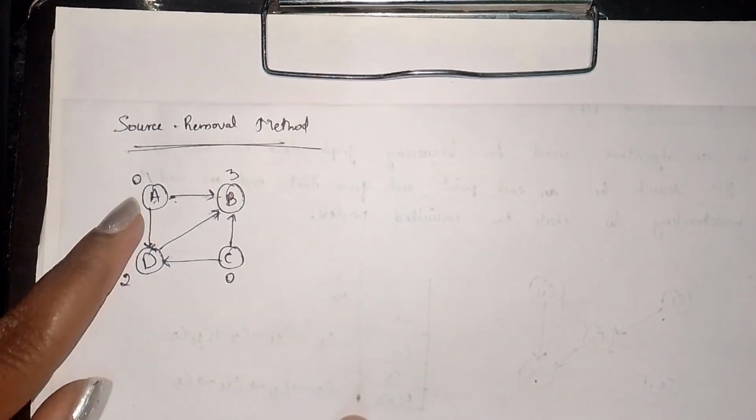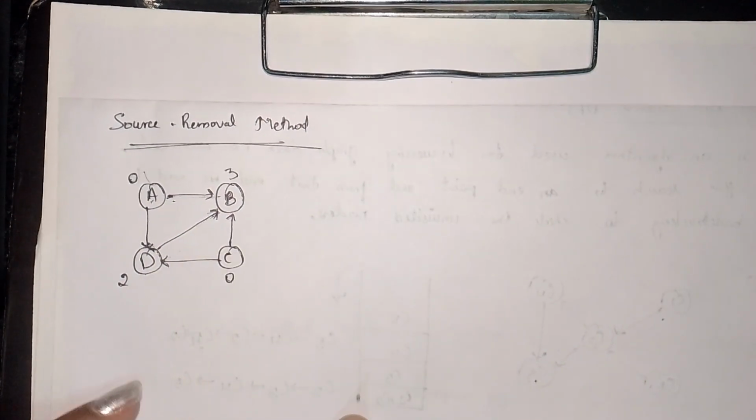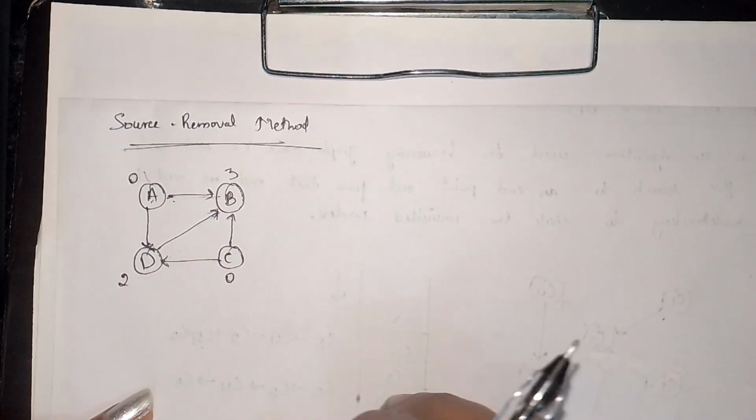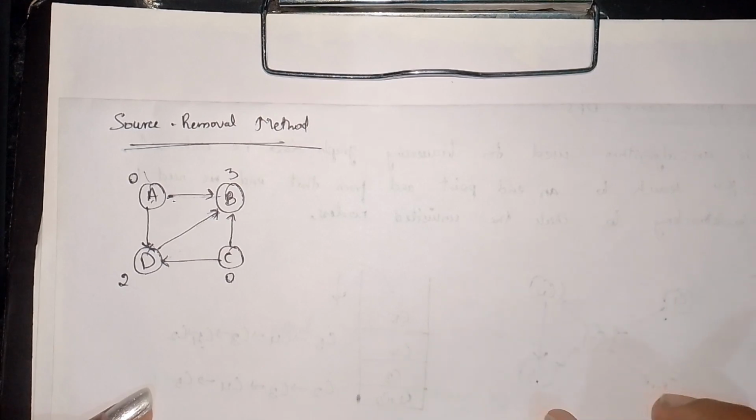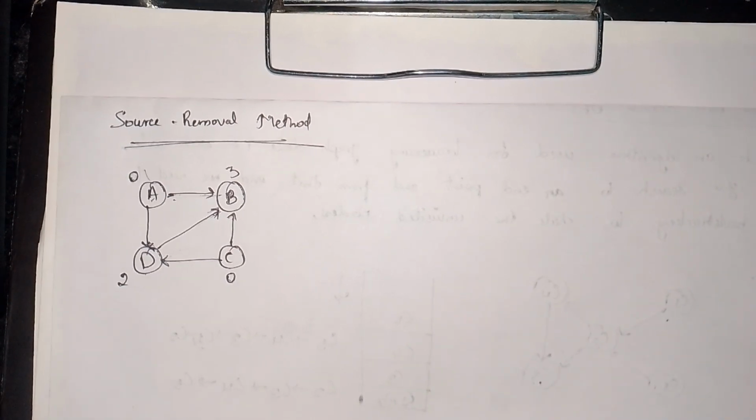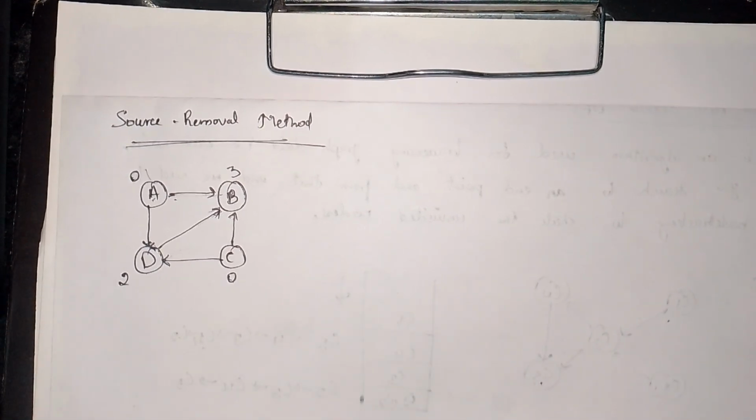Now we have to remove each node, and we have to consider our sorting list of each node. It is the topological order. Now we have to remove first those nodes which have the least in degree, or 0 in degree.